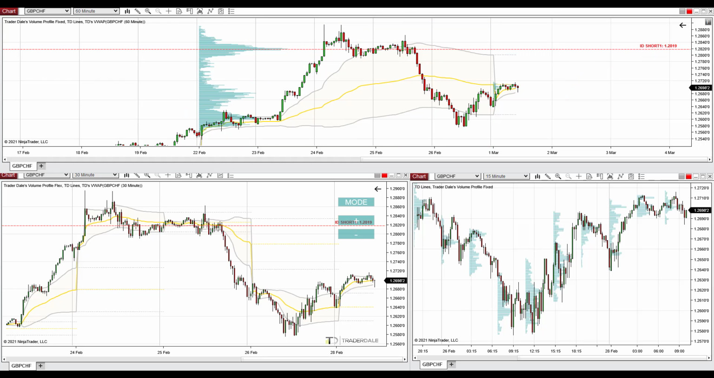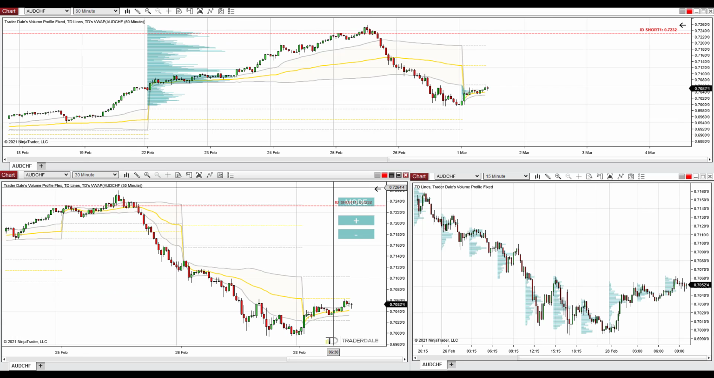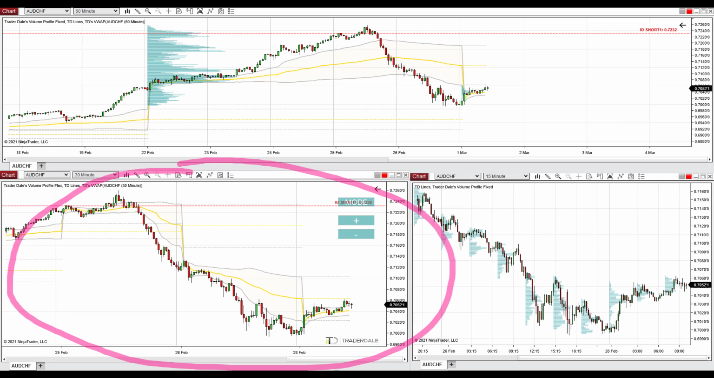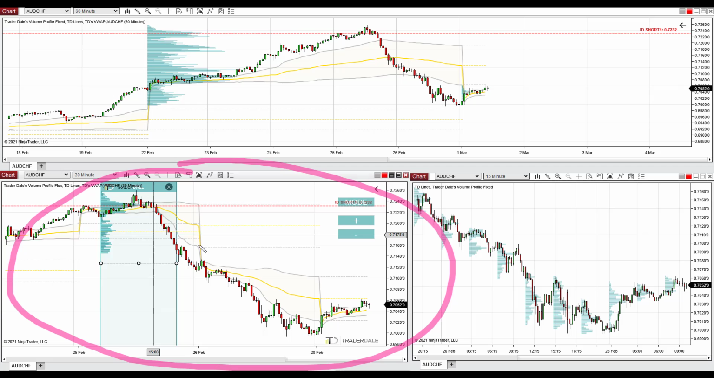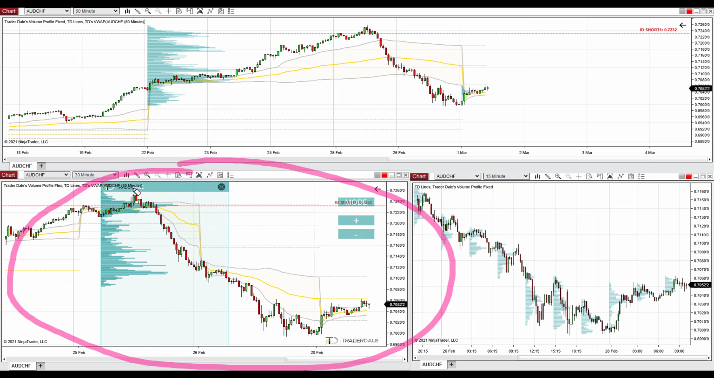Now let's go into the next trading idea, which will be on the Australian dollar Swiss franc. So this is the Australian dollar Swiss franc, and let's have a look at this chart, the 30-minute chart with the flexible volume profile. What I'm interested in here are volumes created in this zone before the start of this strong downtrend. So in this zone, you can see that massive volumes were created in here before the start of